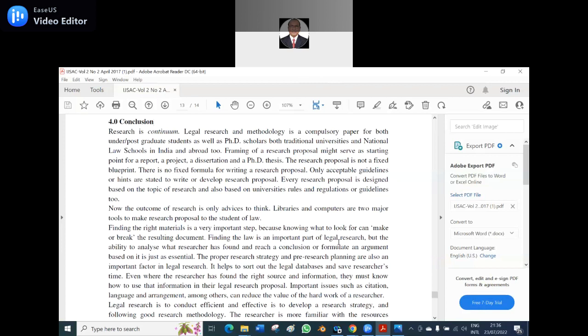Every research proposal is designed based on the topic of research. It is always very clear that it is based on the topic, the way you have to collect the data, the way the research methodology should be followed, and how you can navigate, how many chapters we can make in chapterization also. So it also depends on the universities' rules, regulations or guidelines,